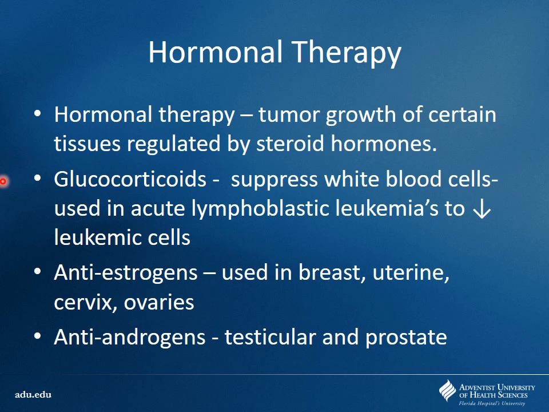So, you're going to find, again, as I mentioned, we'll have glucocorticoids that can be very useful for leukemia, as I mentioned already. They also have anti-estrogens. They're going to be useful for things like breast tissue, uterine tissue, ovaries, and then anti-androgens. These are going to be very useful for testicular and prostate cancer. So again, it kind of makes sense where these are going to be working based on the type of cancer you're dealing with, based on whatever type of tissue is growing, what hormones are going to be most effective